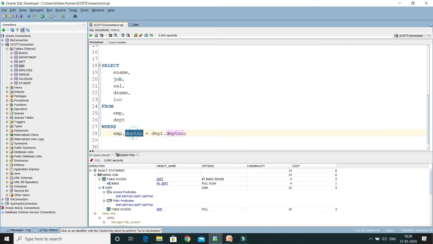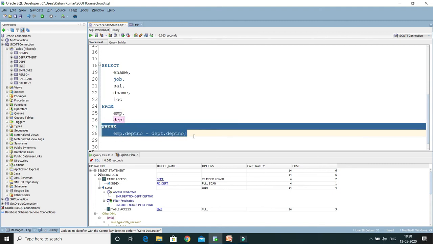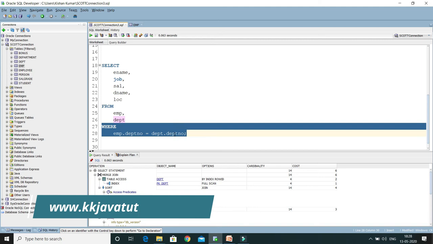So here you can see department number. This column has the same name in both the tables. So natural join says, hey, don't mention this condition. This condition I will automatically take, right? If you perform a natural join between employee and department, and if there is a same column name with the same data type, then I will include this condition for you, right?